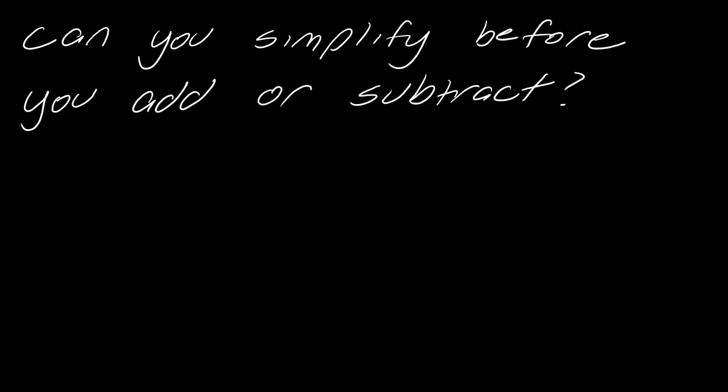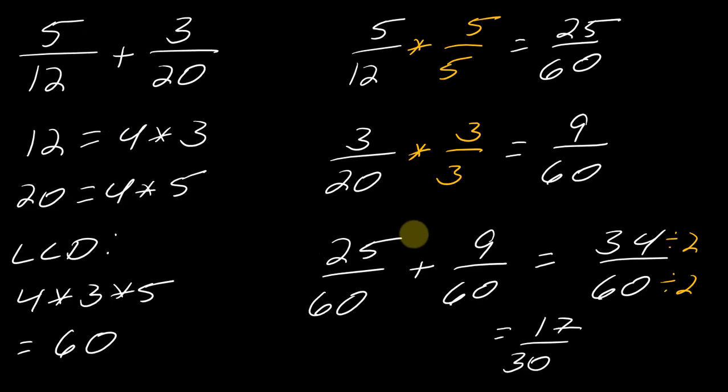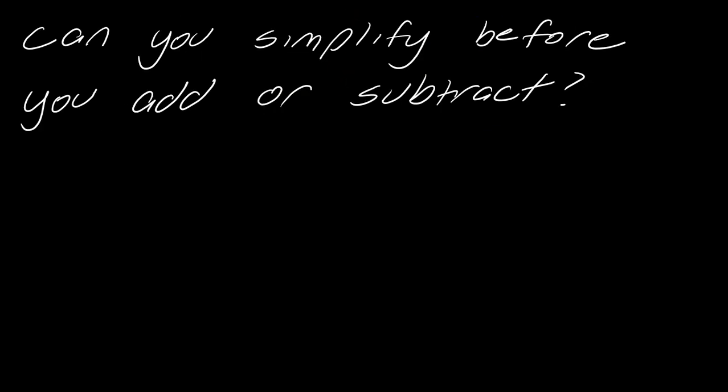Now, this is actually a great problem to demonstrate, can you simplify before you add or subtract? So remember, with multiplication and division, we were able to simplify before. So is there anything that I could have done at this point to simplify this to go straight to 17 over 30? So this is one of the differences between multiplying and dividing versus adding and subtracting. So you cannot